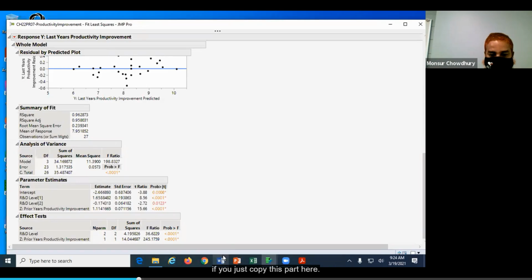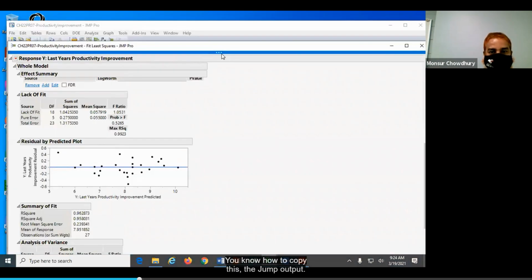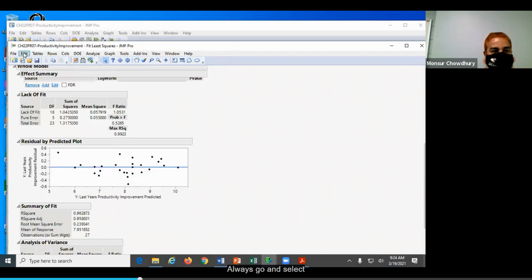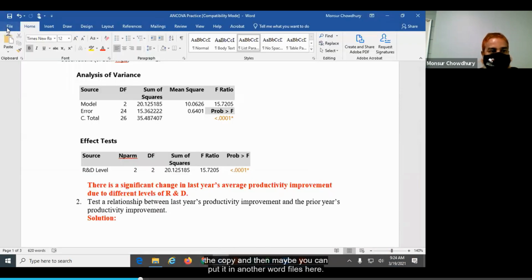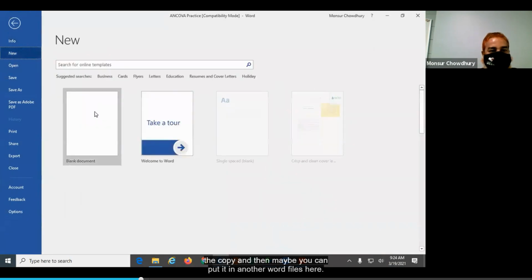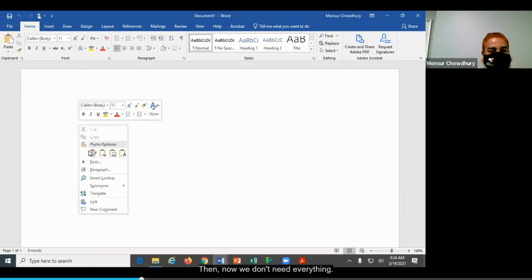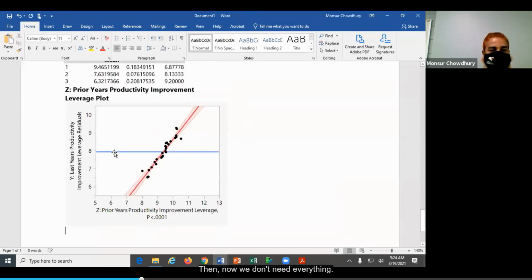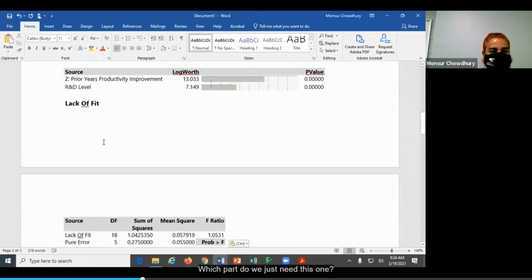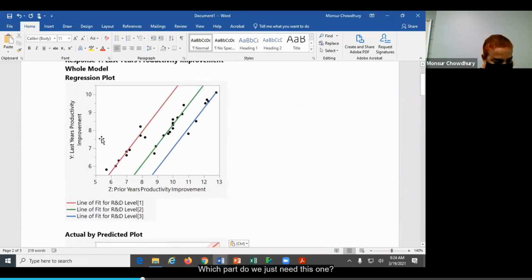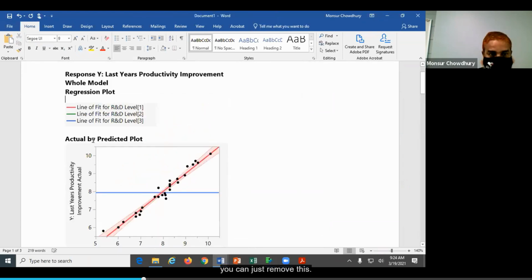If you just copy this part here, so you know how to copy this, the JMP output. Always go and select the copy. And then maybe you can put it in another Word file here. Now we don't need everything. So which part do we need? You don't need this one, you can just remove this.